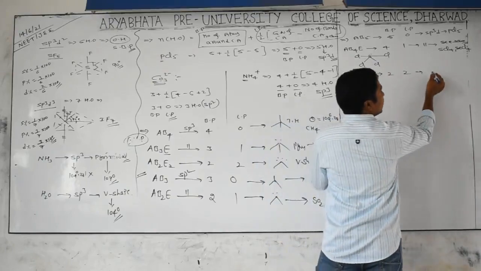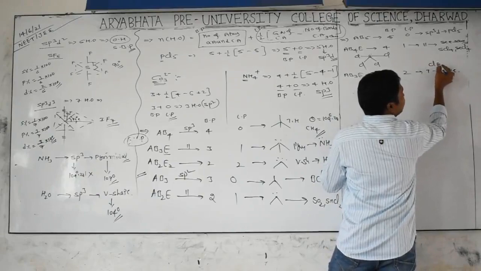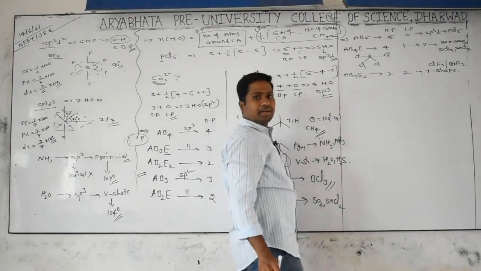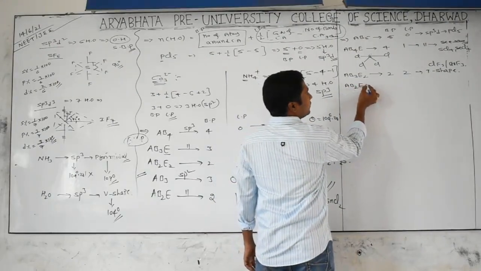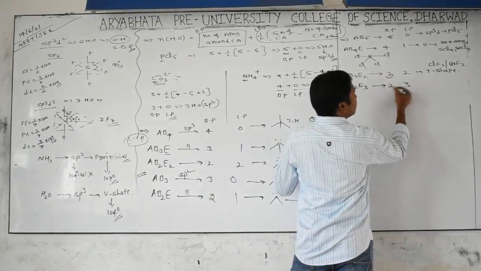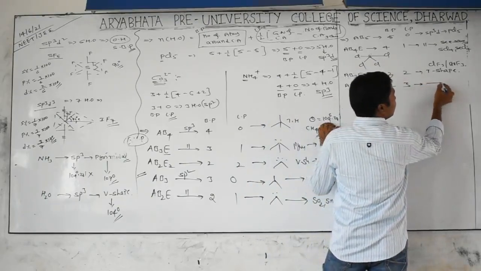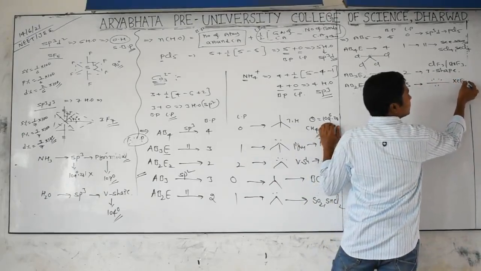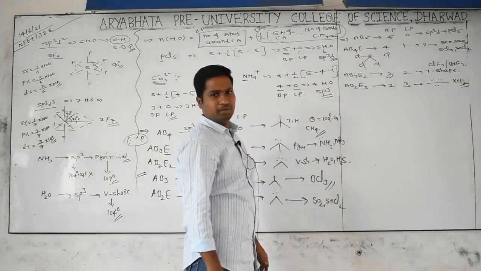Cut one more bond and we get a T shape. T shape, can you give me an example? ClF3 and BrF3, bromine trifluoride or chlorine trifluoride. And one more thing, AB2E3. What are you getting? 2 bond pairs, 3 lone pairs. Then cut all 3 equatorial bonds and you get a linear shape, but all the equatorial positions are lone pairs. The example is the XeF2 molecule. Apply the formula and you will get it.